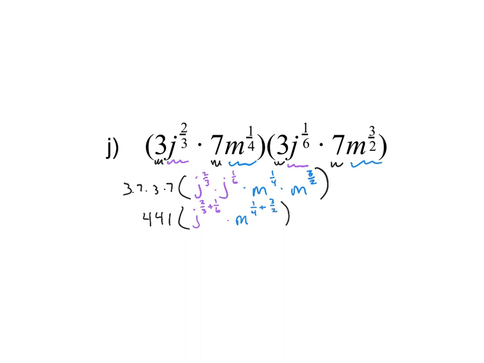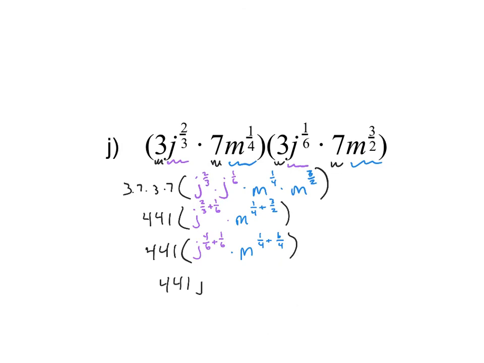And I'm going to go ahead and find my common denominators. I have 441 times, let's see here, J to the 4/6 plus 1/6 times M to the 1/4 plus 6/4, to simplify down to